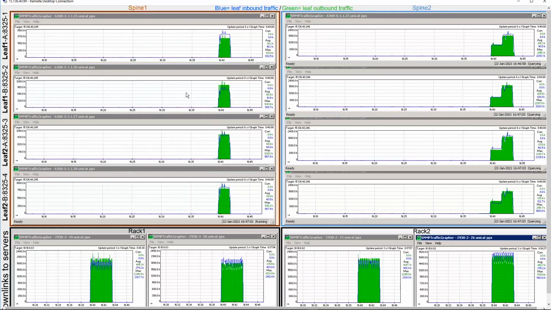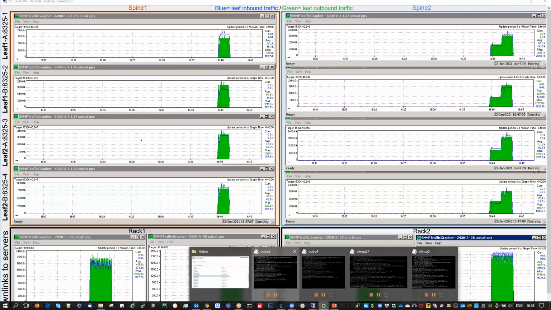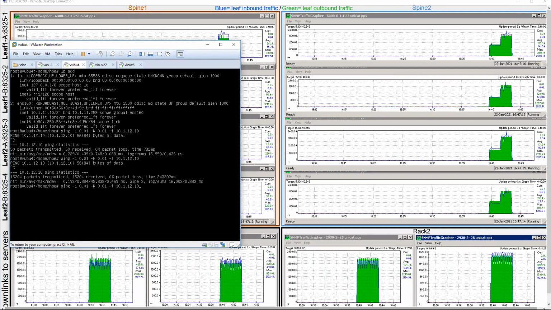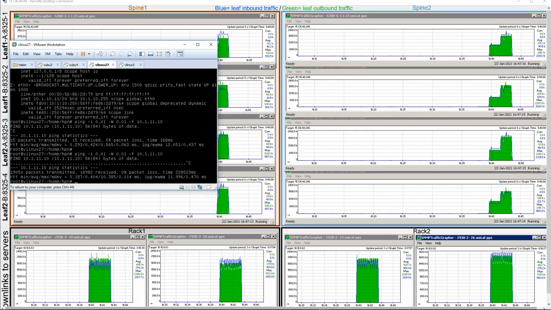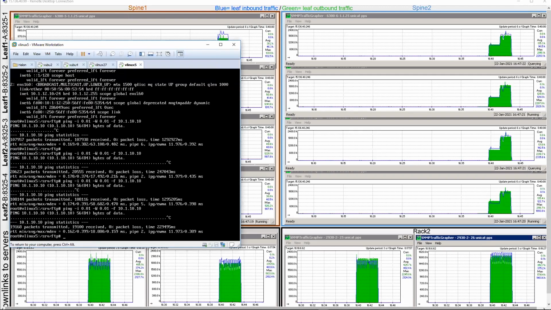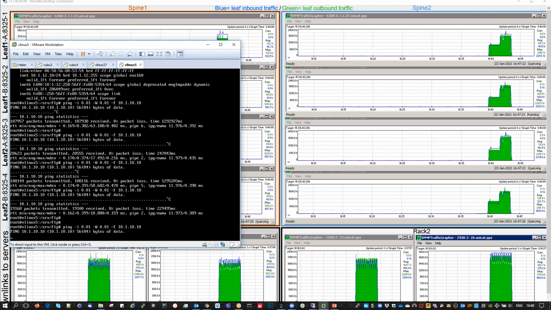This was the past test that I made with the spine failure. Now let's start the interactive flows again, and let's start Ixia again.